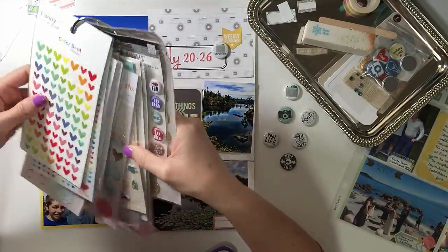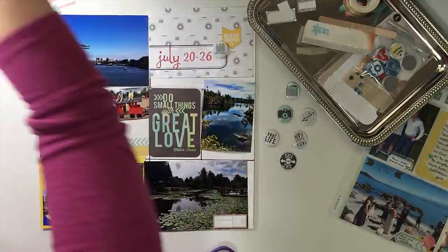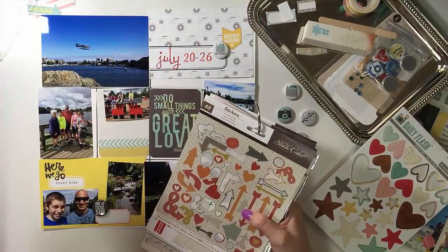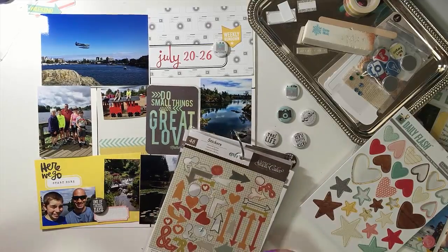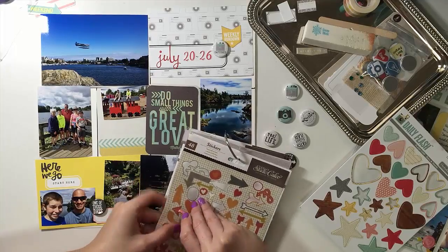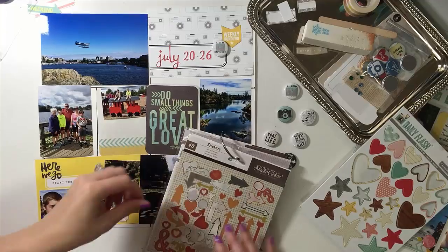So I'm working on that card there, and I am looking for a blue arrow. I really wanted an arrow where the tail started here, and then the pointy part, the head of the arrow, either pointed to the start here or to the photos, and I can't find one. But you know how when you get an idea in your head and you're stuck on it and you